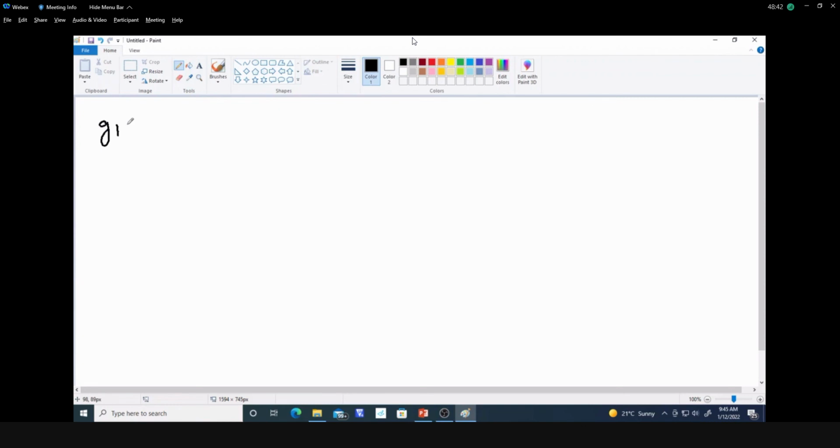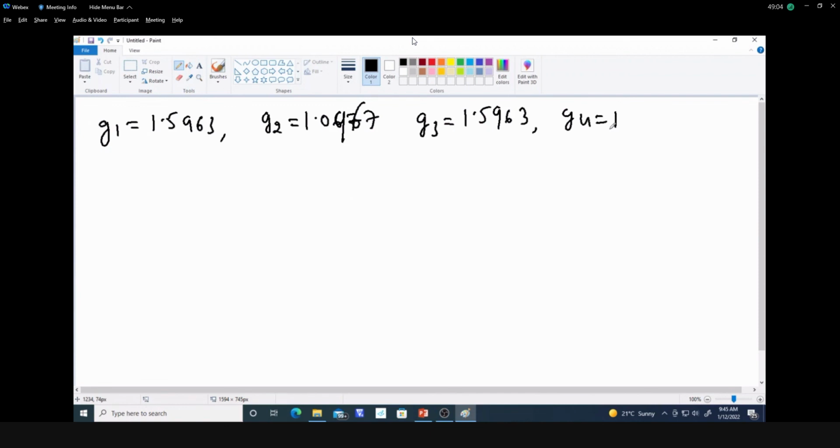so my G1 is equal to 1.5963, G2 equal to 1.0967, and then G3 it is same as G1 which is 1.5963, and then we have G4 which is equal to 1. Okay. So now if I consider that the low pass